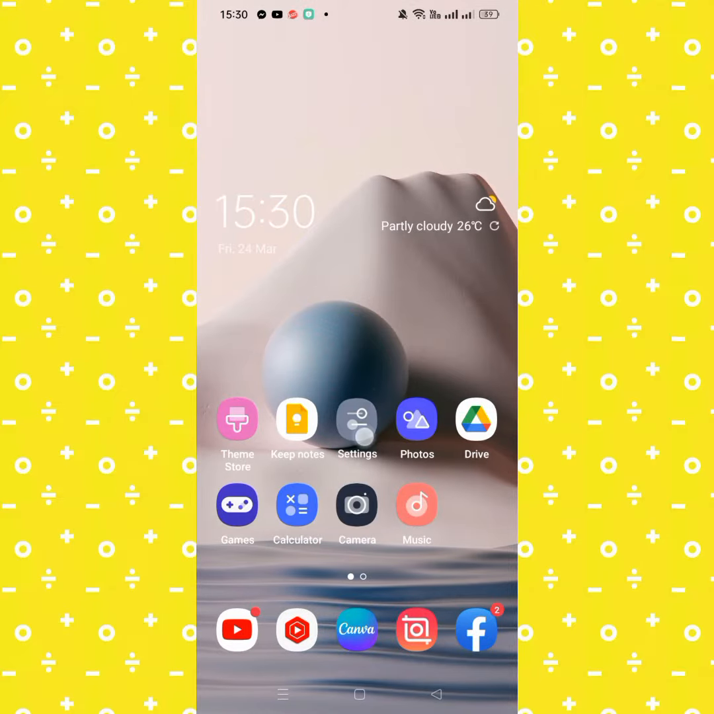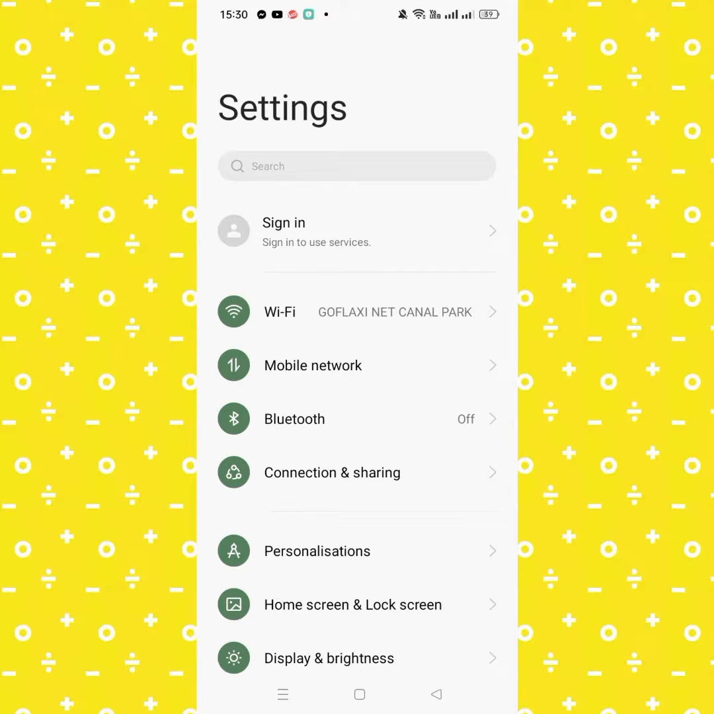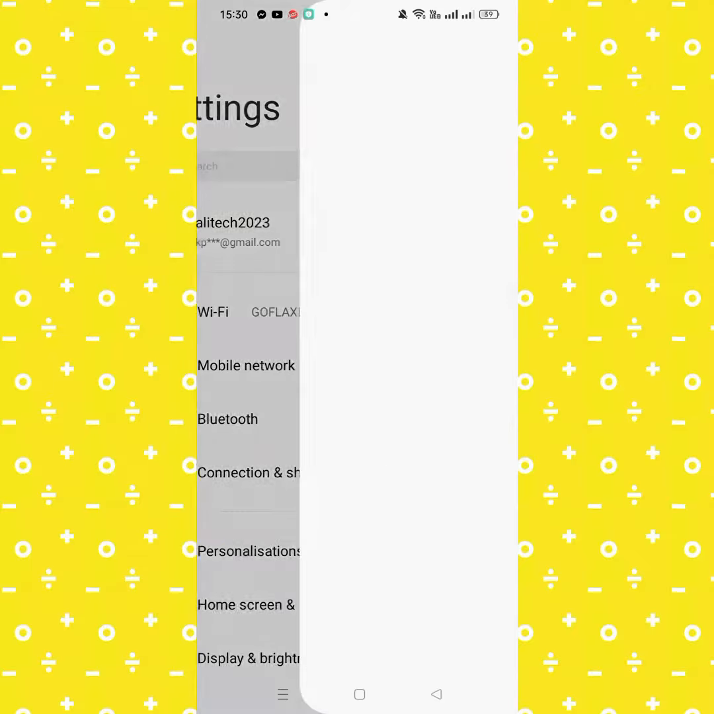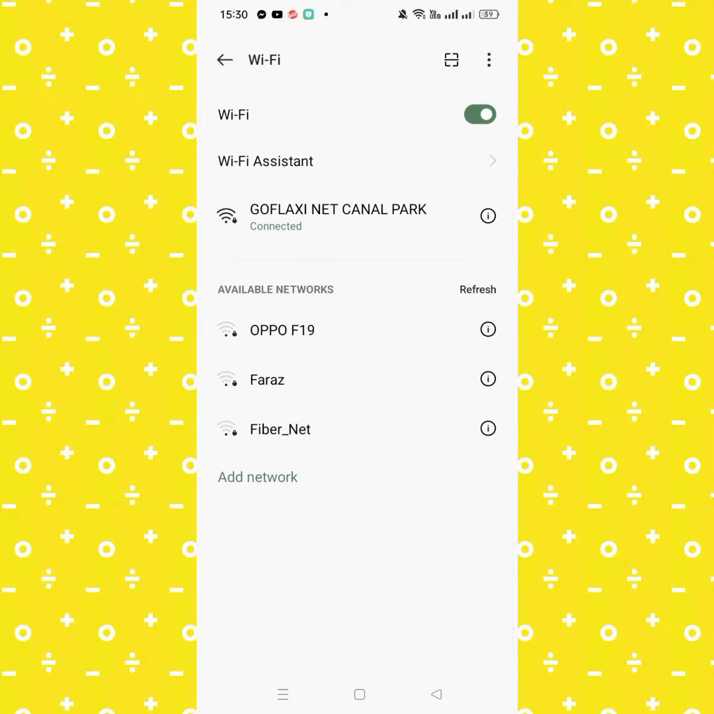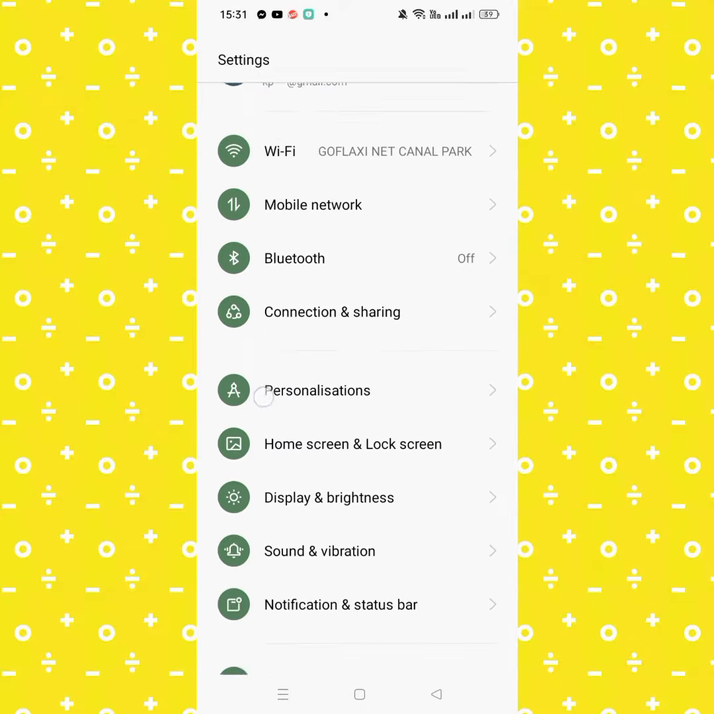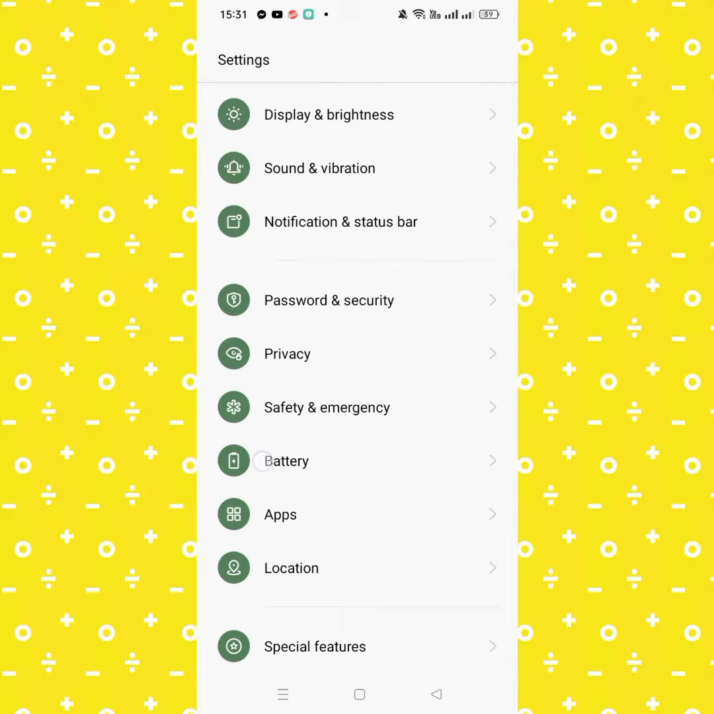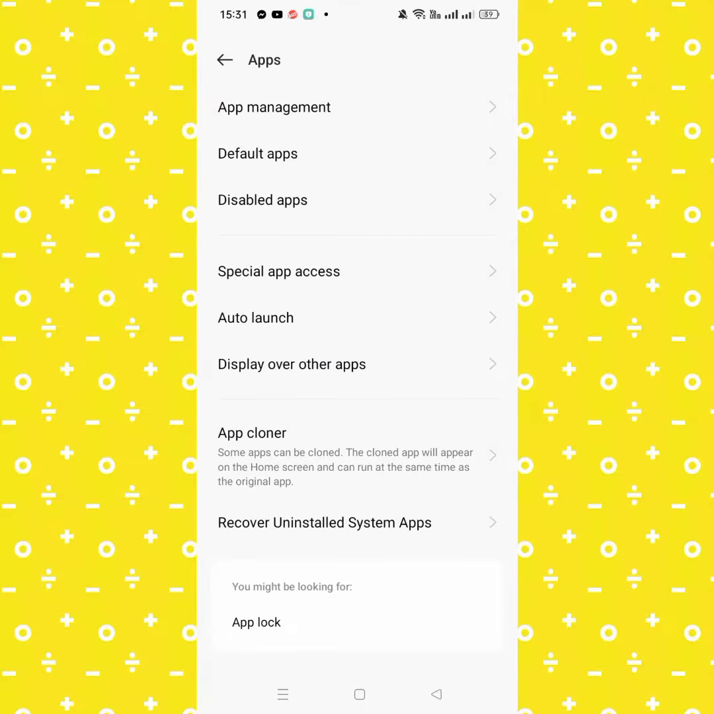and tap on Settings. From here you tap on Wi-Fi. Make sure that you are connected to a strong Wi-Fi connection, and after that check whether the problem has been fixed or not. If the problem is not fixed, then go back and scroll down and tap on Apps and tap on Apps